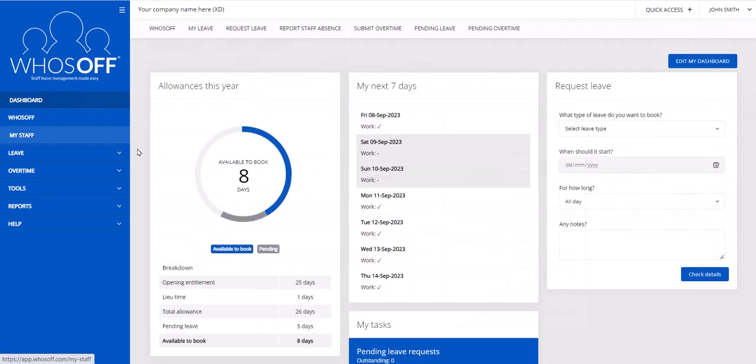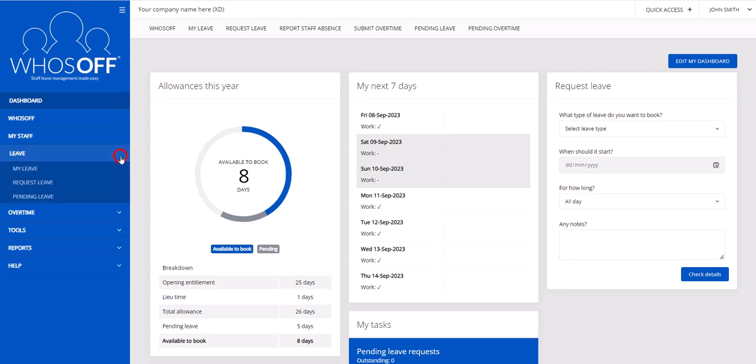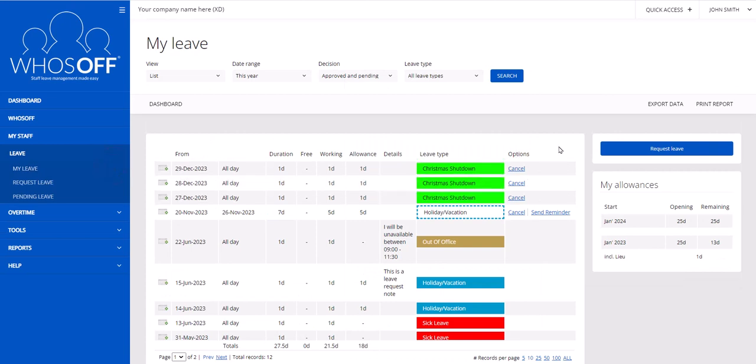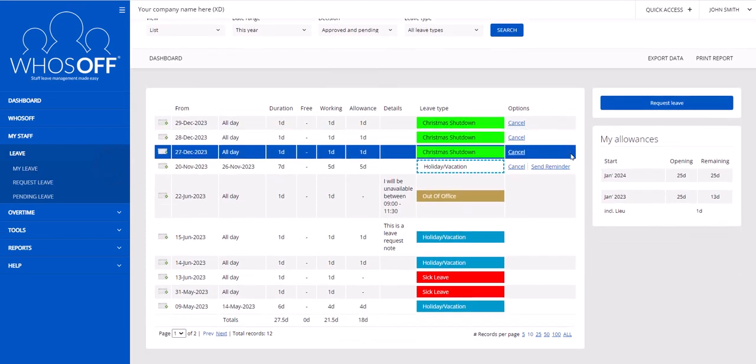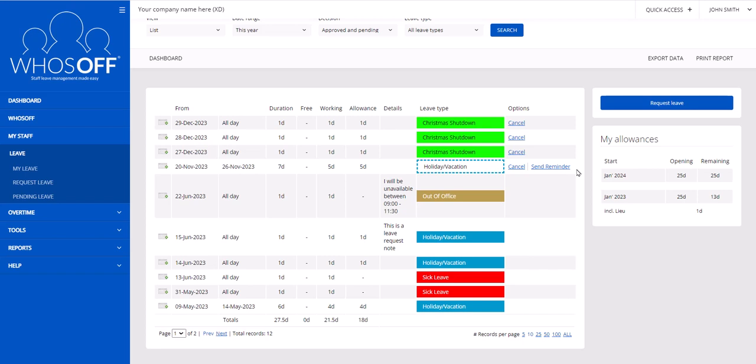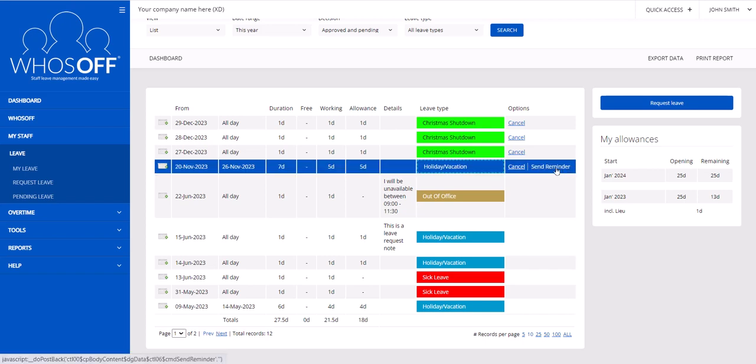Moving back over to our dashboards, we can next move on to the My Leave area. Now, the My Leave area is useful for you to be able to view what leave you have taken to date, as well as manage your own time off accordingly. If you have a pending leave request, you're able to send a reminder to your own approver, allowing them to be prompted again of the outstanding request, and just give them a gentle reminder they need to take the appropriate